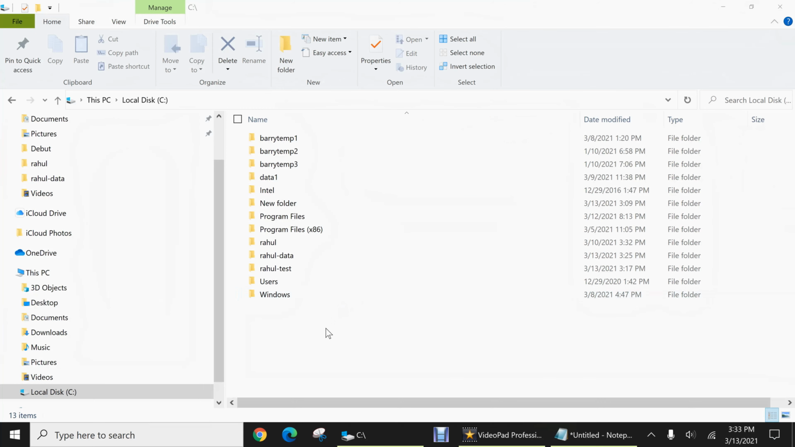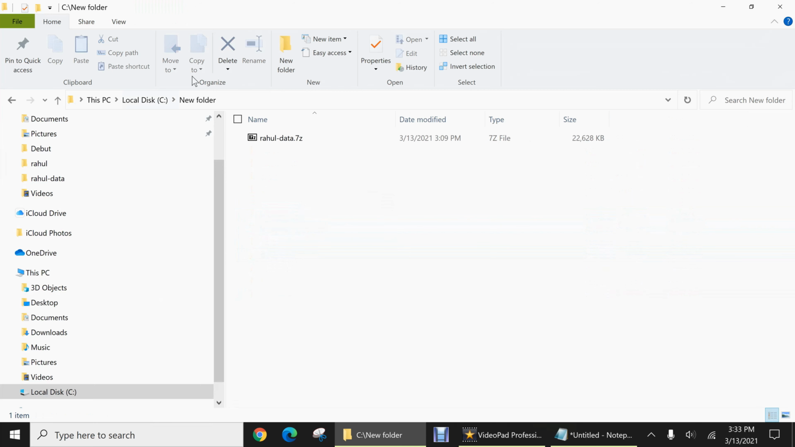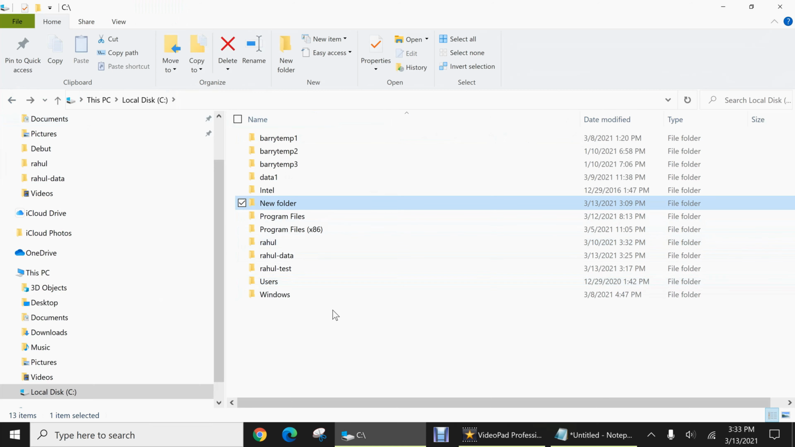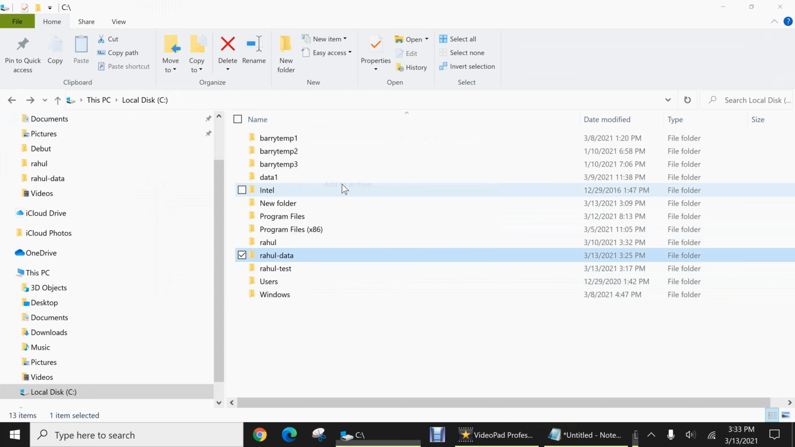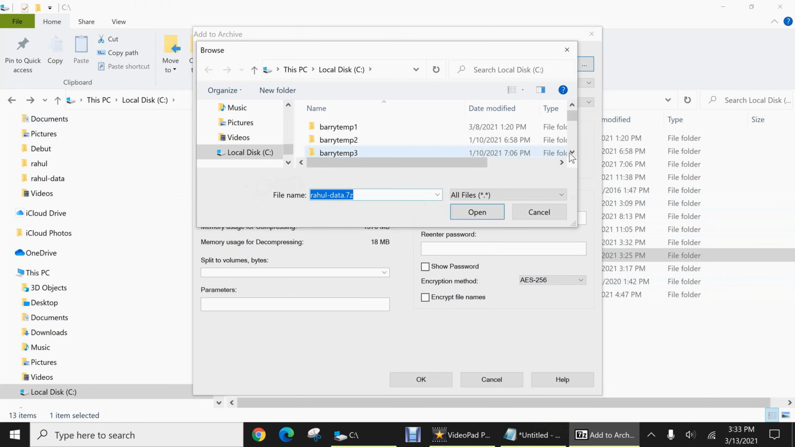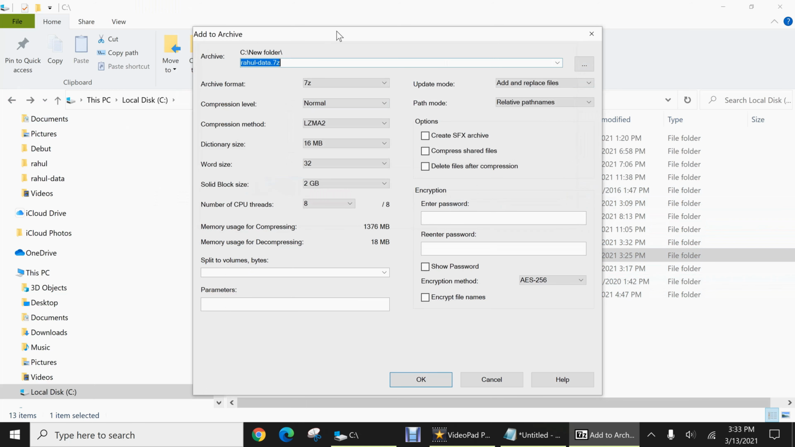Now I want to show you how to create an encrypted archive file, which is password protected. So earlier I had taken an archive of Rahul-data and I'd placed that 7-zip file in my new folder here. So I'm going to create one again in this folder, but this time that will be password protected. So I'm going to click on this folder, right click, go to 7-zip, add to archive. Again, I'll make the output directory that new folder. And this time I'm going to call it Rahul-data 2. And I'm going to leave everything here as default, but here in the encryption area, I'm going to place a